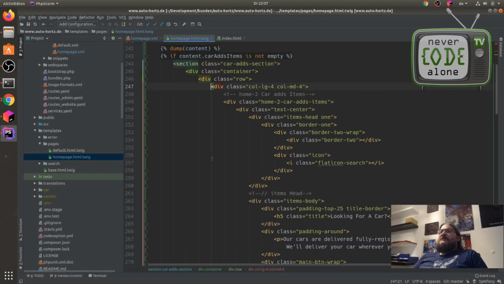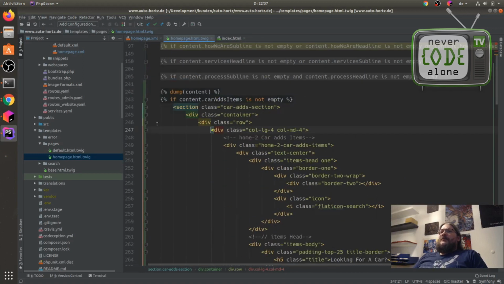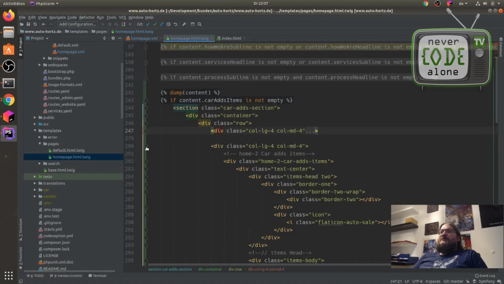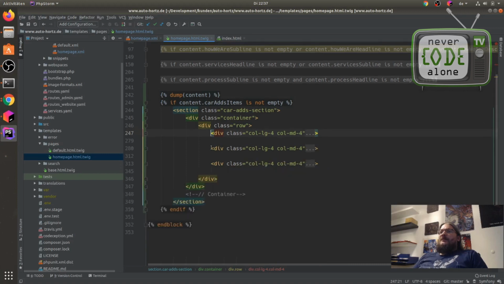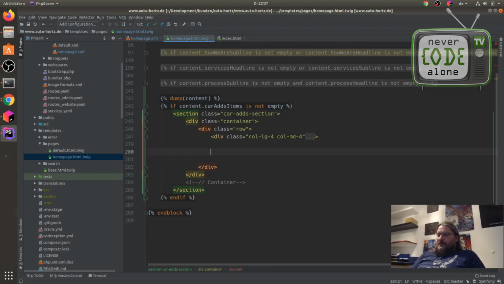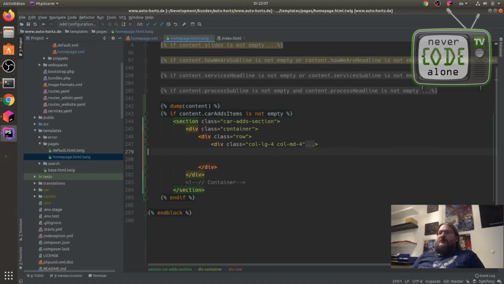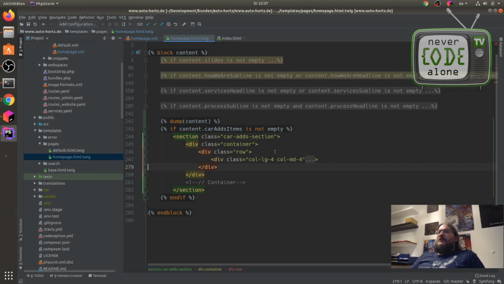So I think this is the item. Okay, we can just delete these two items here, and now we have one item that we have to iterate.